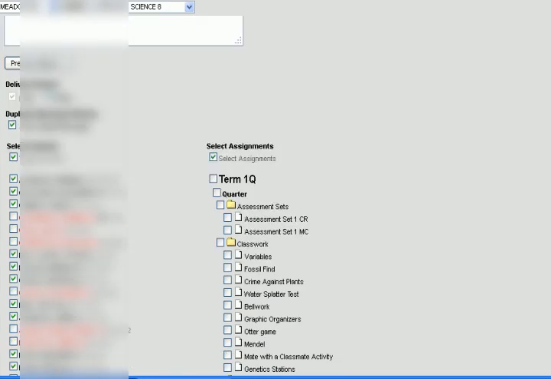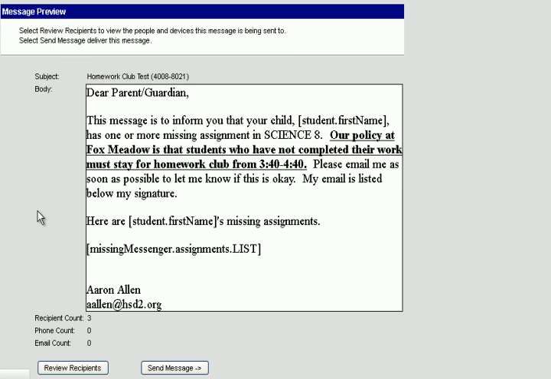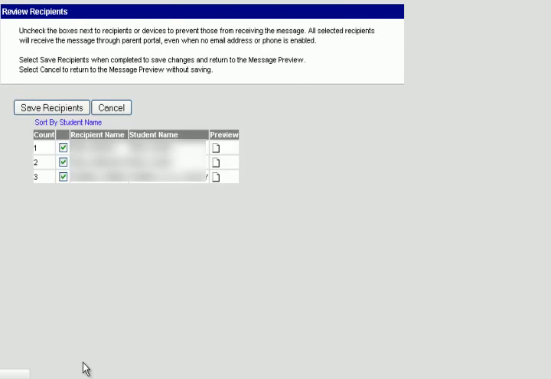And then I'm going to find that preview notices right here. And there's my message, and now I have 3 recipients, but unfortunately no emails that are listed in our system. So I go to review them, and I have 3 parents listed, but none of them have given us email addresses. So I go to preview,